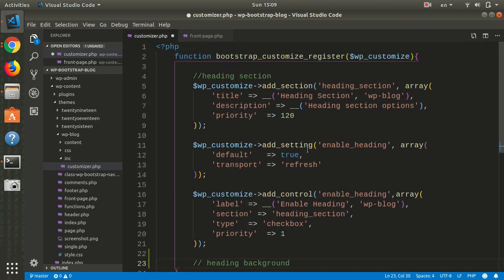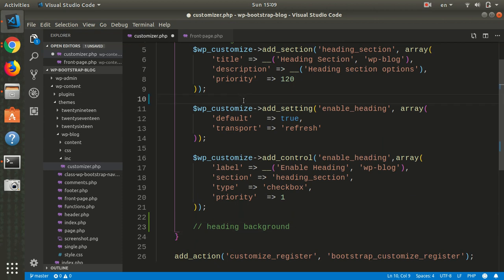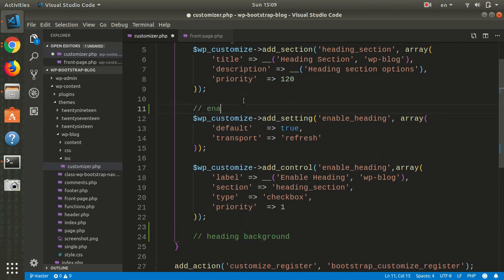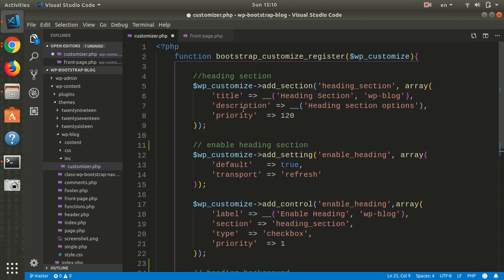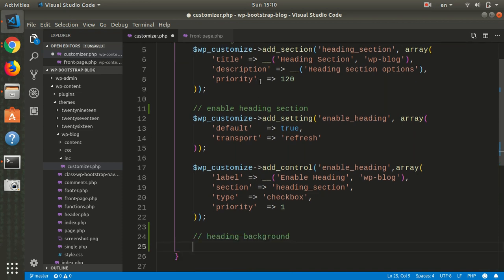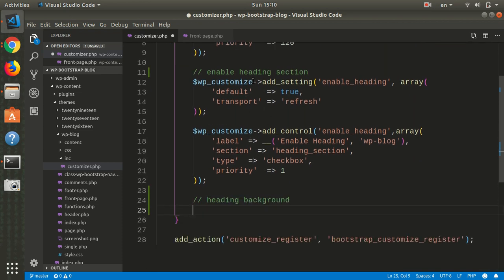Okay, so also let's add this enable heading section. First, we already have these sections, so we don't need to add a new section. We just need to add a new setting and link it with a control, and link the control with the